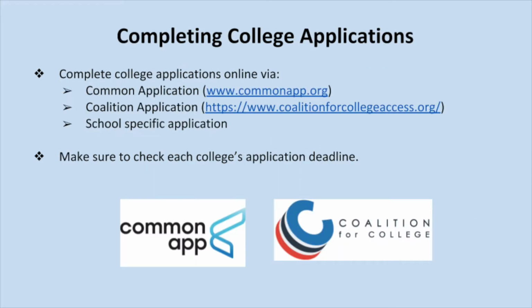Completing college applications has been simplified over the years by the introduction of what's called the Common Application. It is likely that many of your schools may be using the Common Application as their standard application for admission. Some schools also accept what is called the Coalition application or may have their own application on the school's website. It is up to you as the student to go on each individual college webpage to view which type of